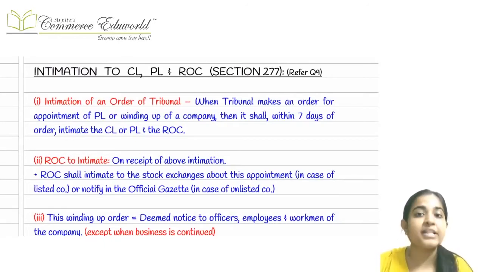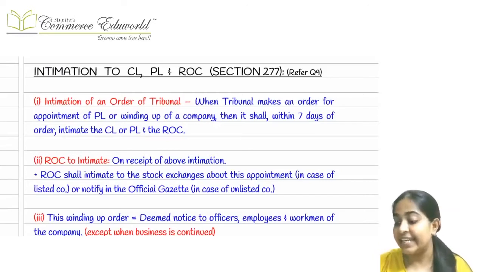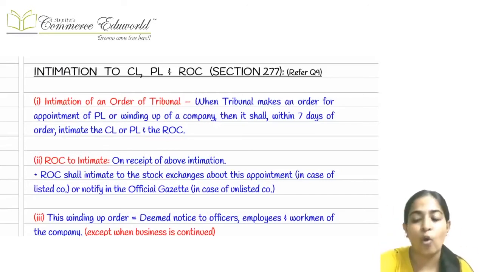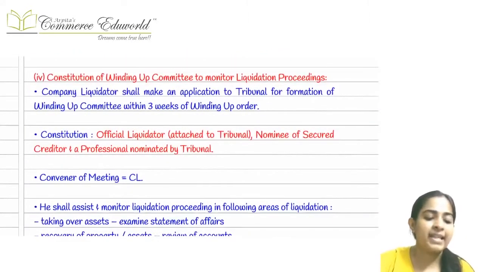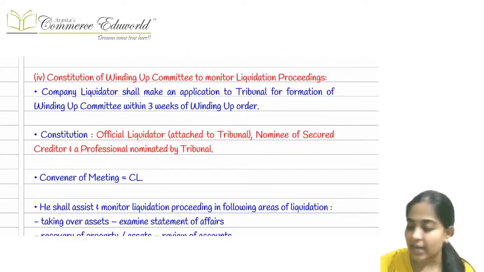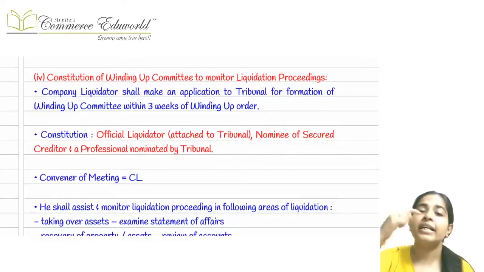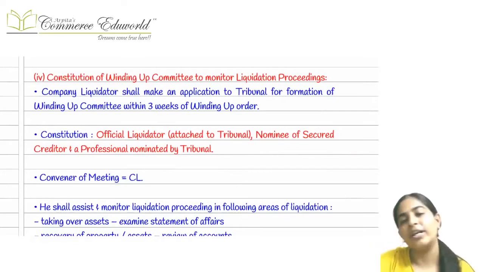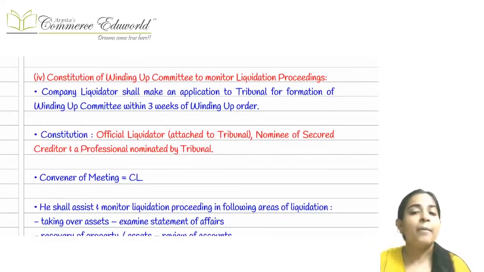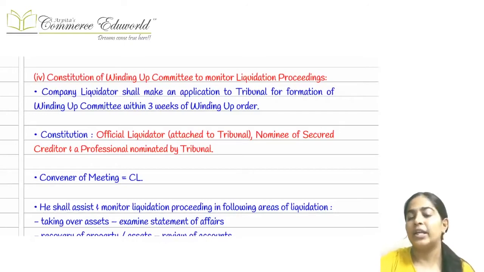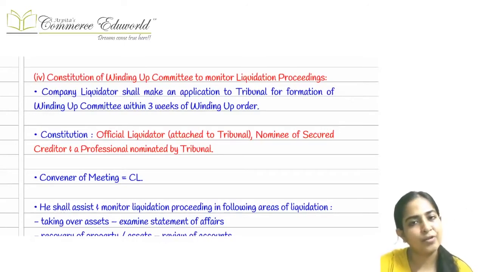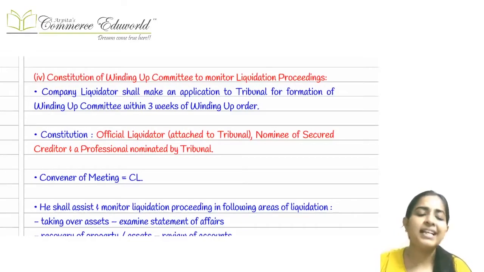That this company is going to go into liquidation, and yes, this is going to be a discharge notice to all the employees, etc. Means what? Means that now you can go, tata bye bye. Now you can go out from the company. See, if we want to continue the company as a going concern, then that's a different thing altogether. But if we are going to ultimately wind up the company, then this acts as a discharge notice to all the employees, workmen, etc. That boss, now your tenure in the company has got over. Now the company is going to close, and now you can go out from the company. Okay, then once a liquidator is appointed,